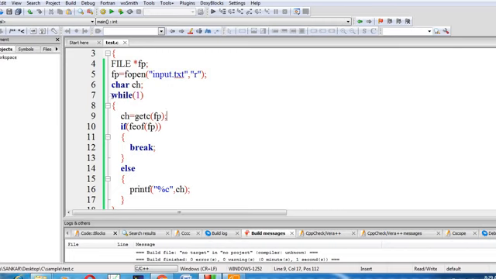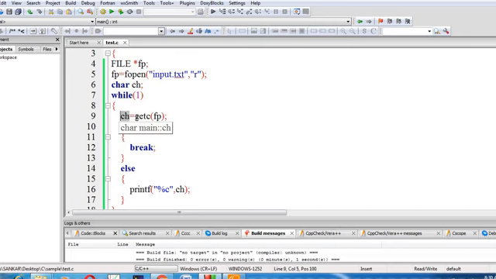Then here I am using an infinite while loop, so it will execute an infinite number of times. Right now we are going to use the getc function. The getc function can be used for reading characters or numbers; it supports both. getc of fp means the file pointer is focused on the first position in the input file, and that value will be stored inside the variable ch.